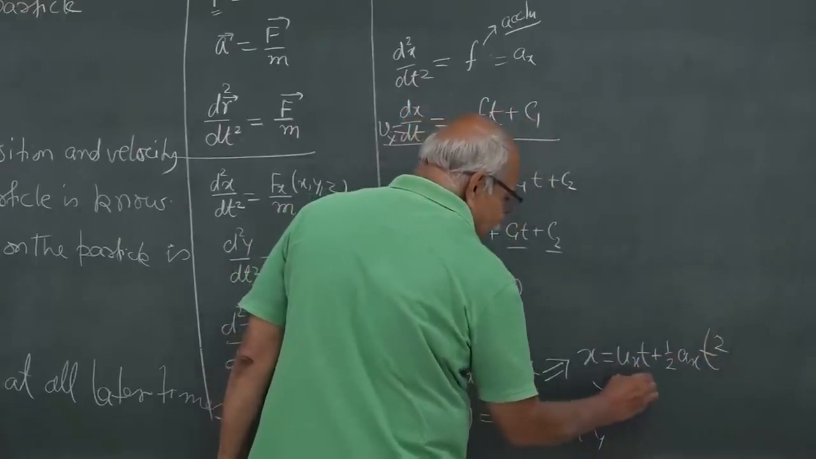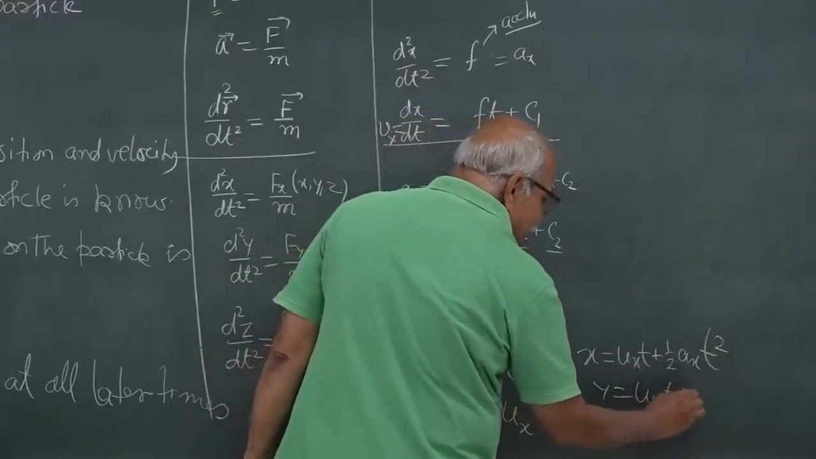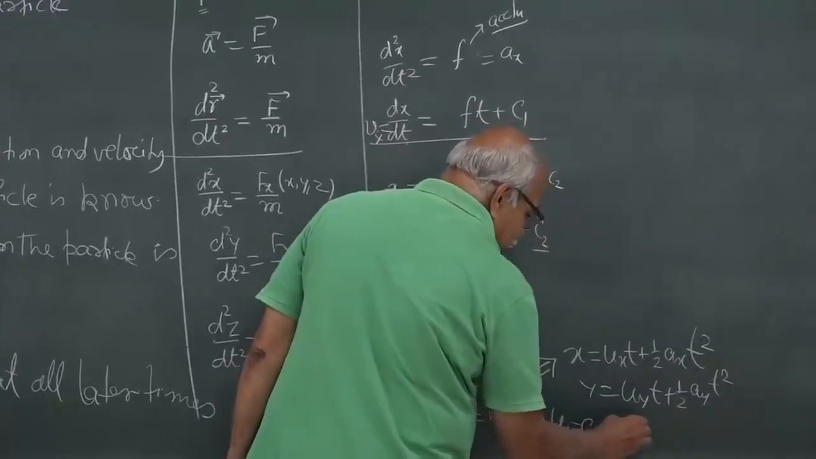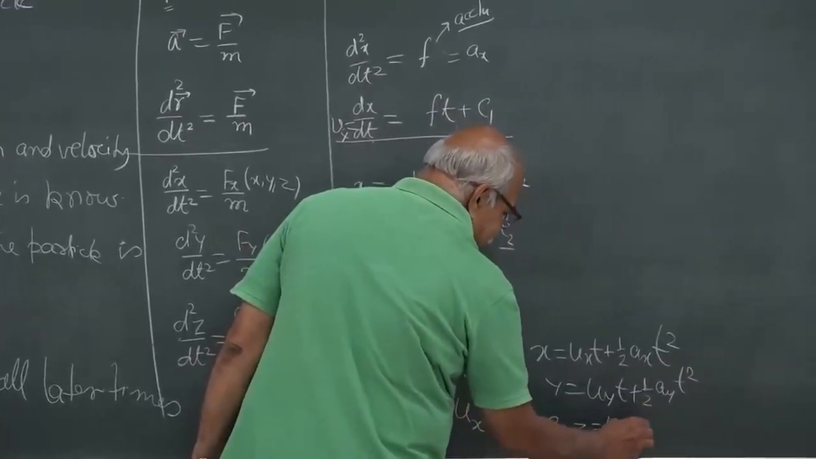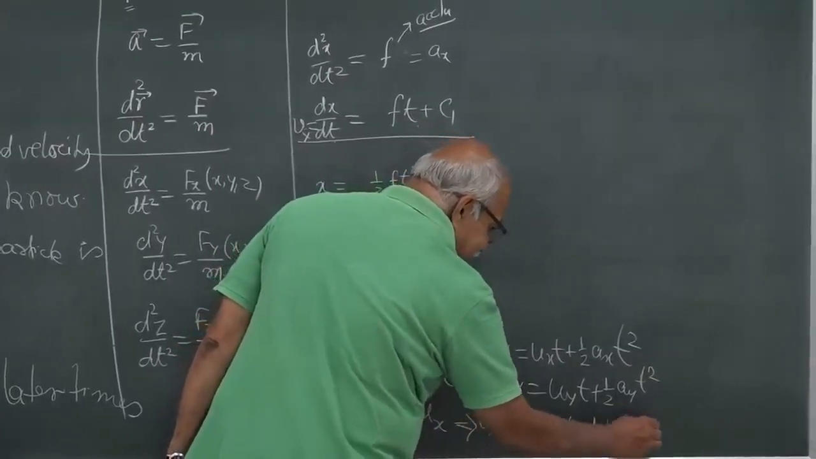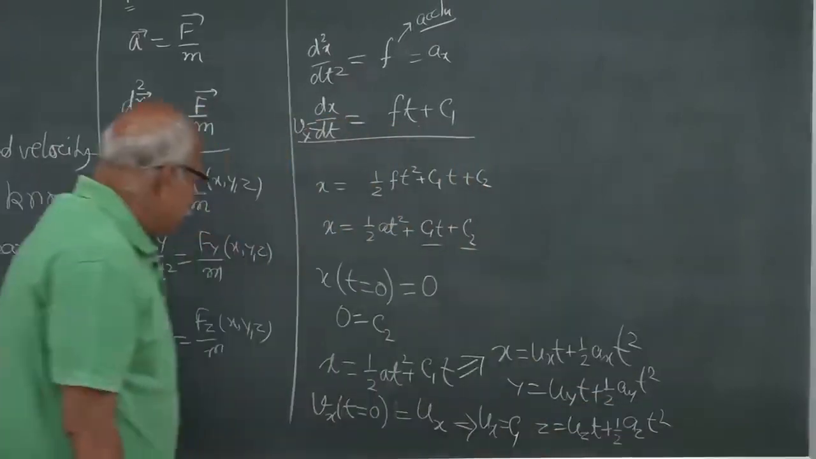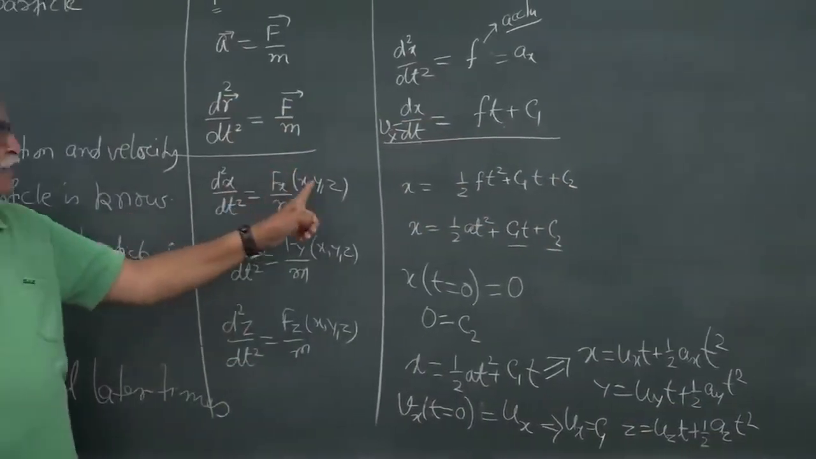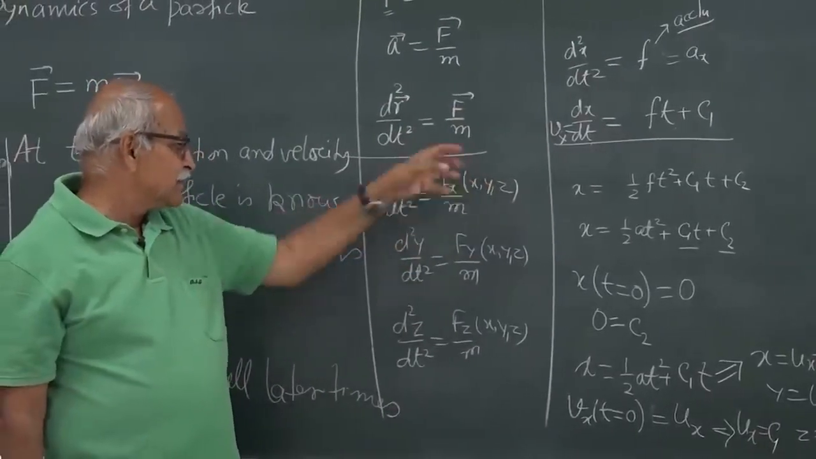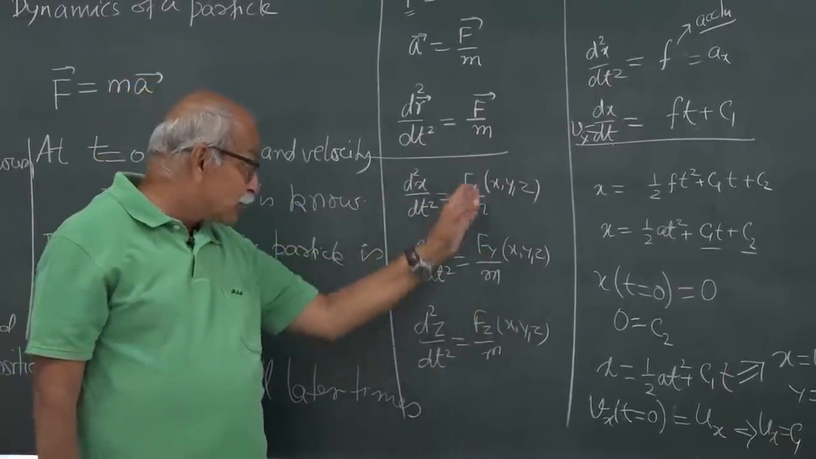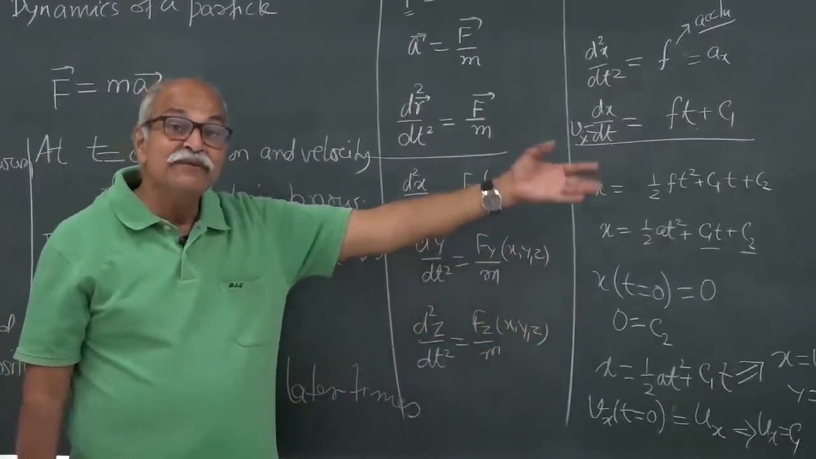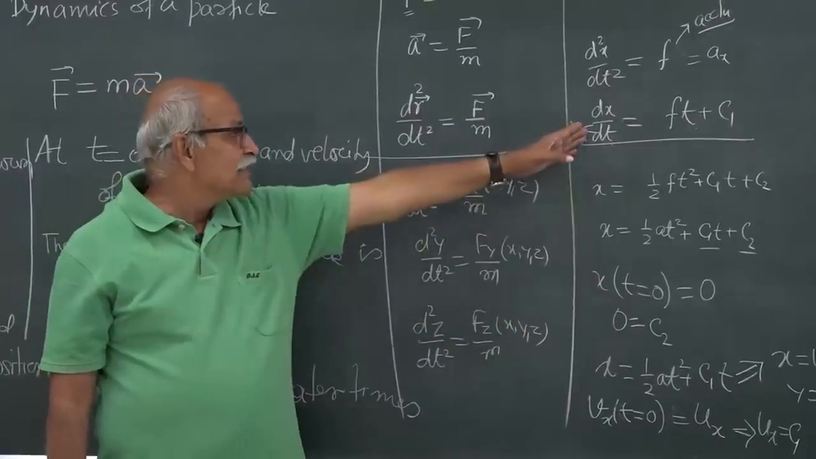and same is the story for y and z components. So, uyt plus half ay t square, and z is equal to uzt plus half az t square. So, if you know the force, and force happens to be the same at all positions at all times, so this is constant, this is ax, this is ay and this is az, and they are all known, then you can immediately write what is x, y, z at a later time t, and from here you can write what is